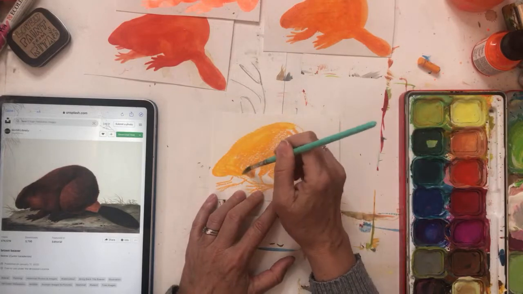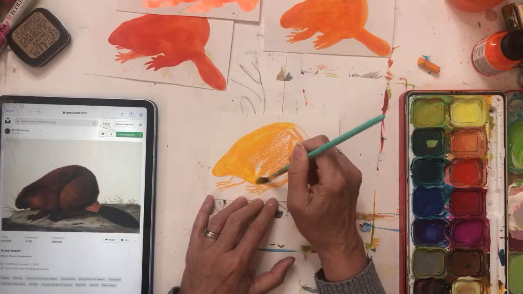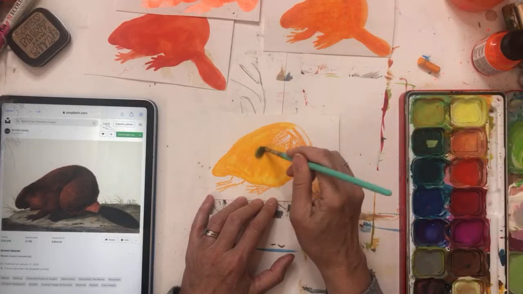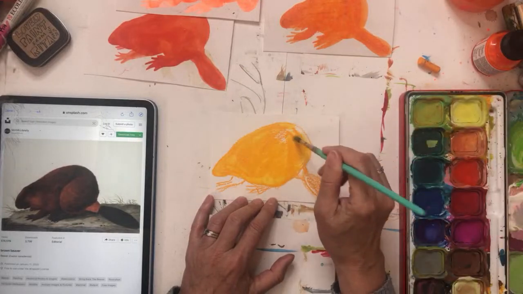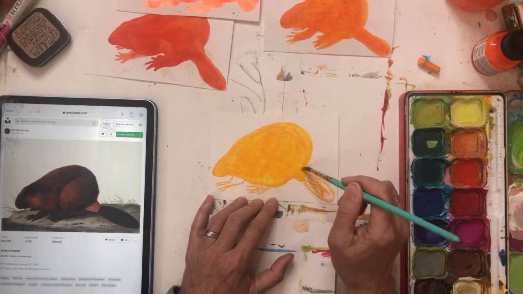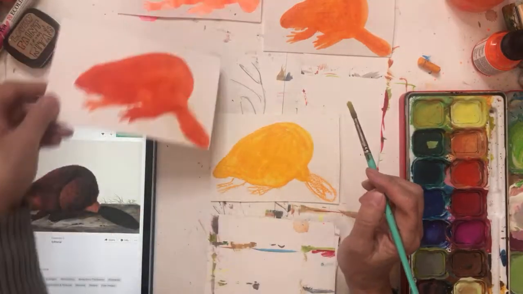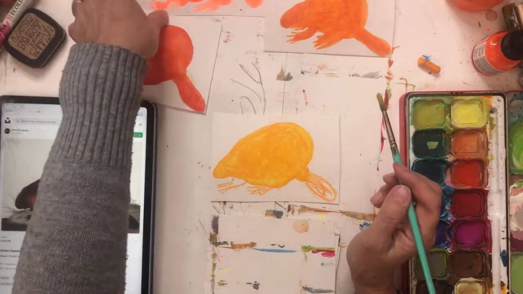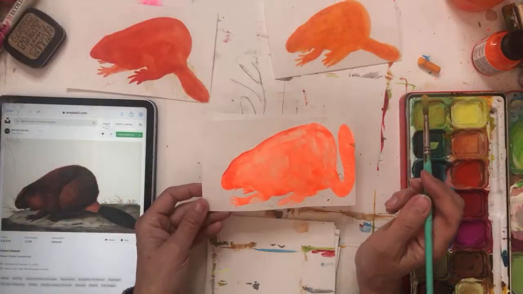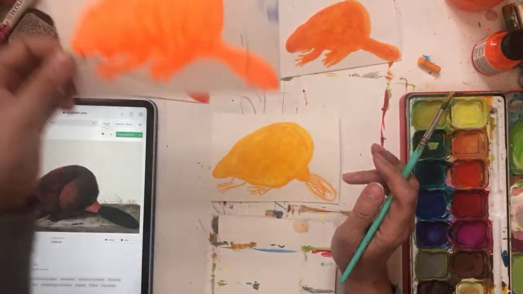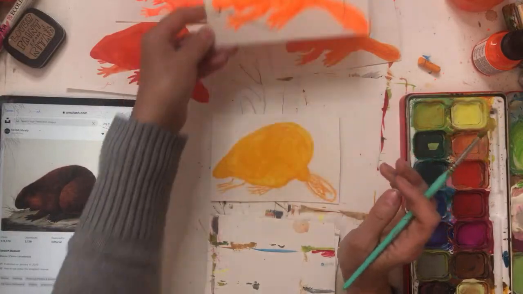We're getting a lot of orange beavers done. I'm trying to use lots of different art mediums today and seeing what I like, what I enjoy, what I don't like. Right now, I think my favorite probably has to be the gouache. I really like that one. And then we have this one, which was watercolor, which looks like a rat. And this one was acrylic ink.